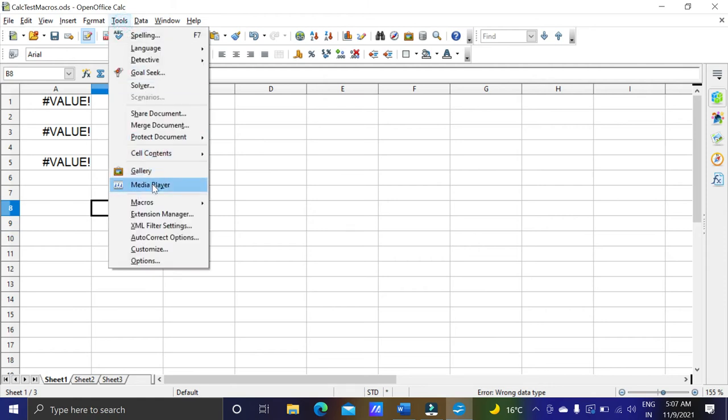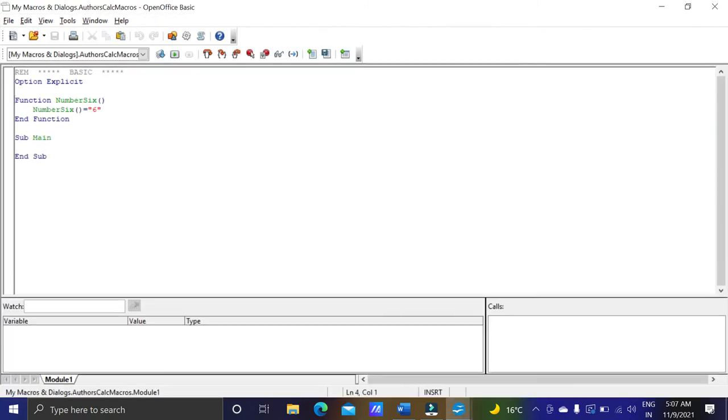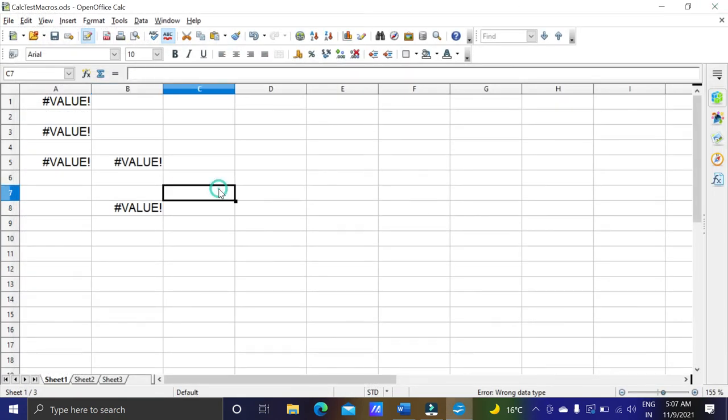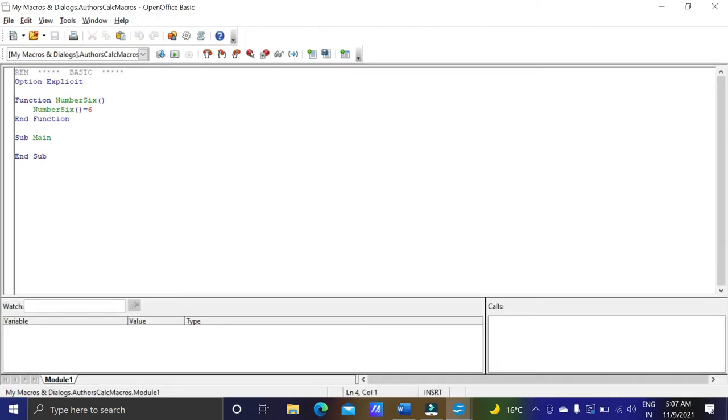Still not getting the value. I have written Function, then I have written number6.